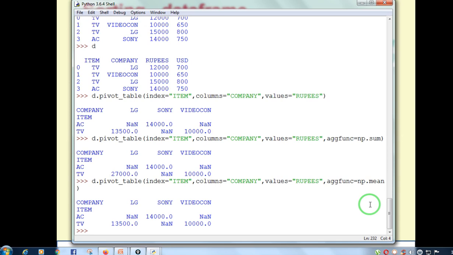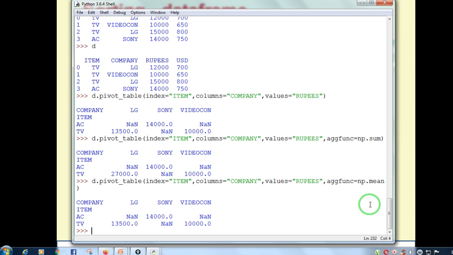So pivoting is used to reshape your data frame. The content will remain the same, only it will rearrange or restructure the data frame. Pivoting is a technique in data processing that enables a person to rearrange data in order to draw attention to useful information.